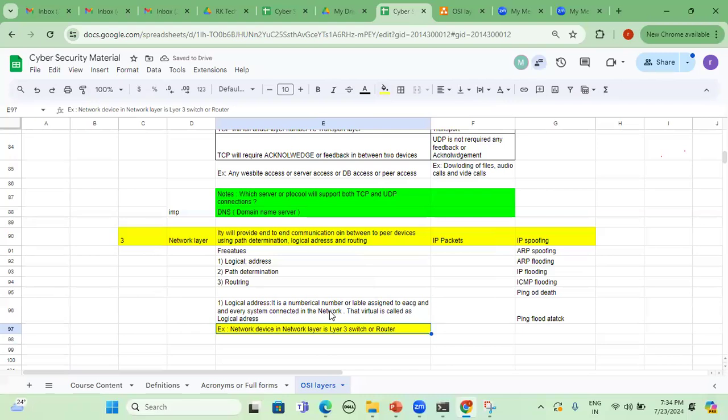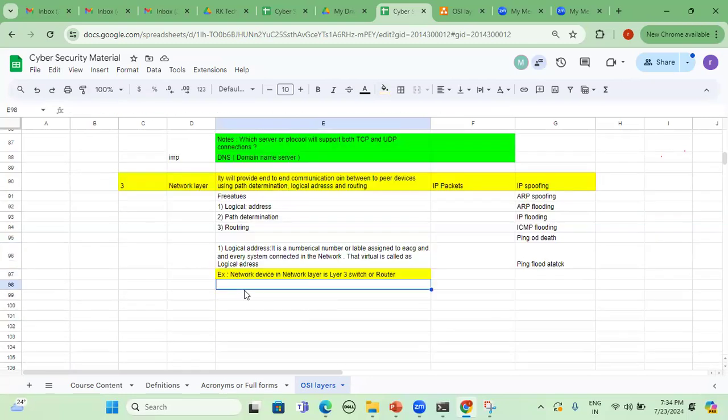Network layer. Exactly, that's correct. Otherwise they'll ask in a different way: which device will fall under the network layer? The answer is router.